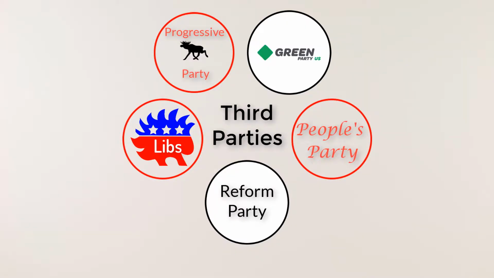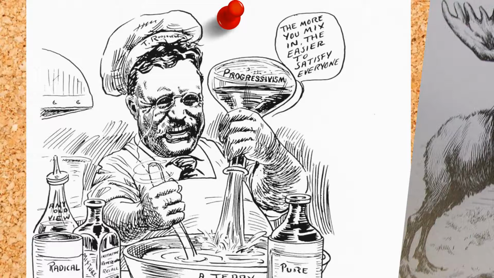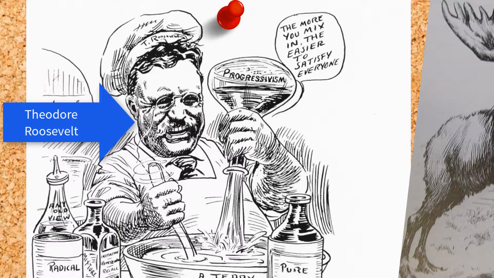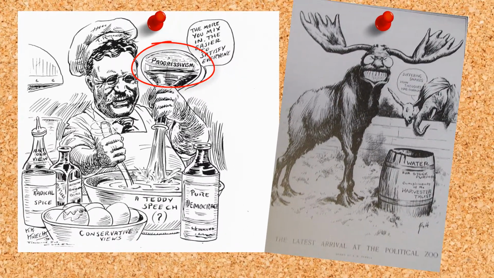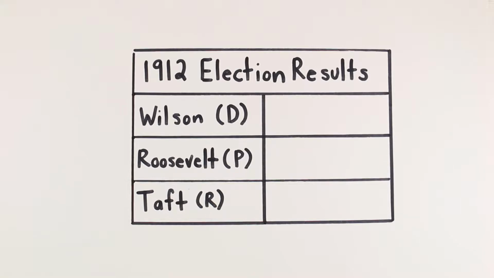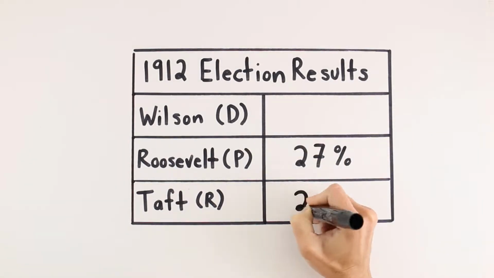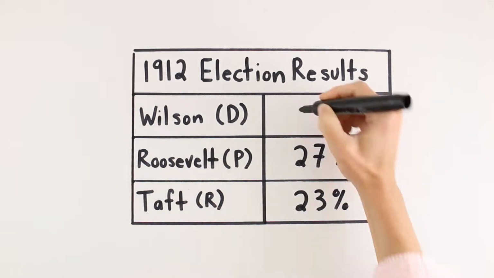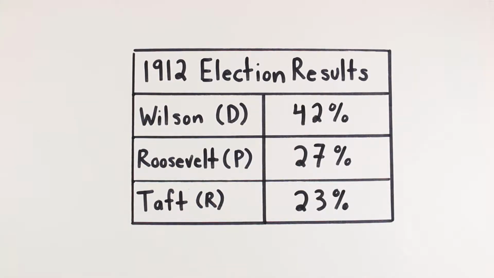While no third party has ever won the presidency, some third parties have affected the outcome of presidential elections. In 1912, former President Theodore Roosevelt split from the Republican Party and formed his own party, called the Progressive Party, sometimes known as the Bull Moose Party. When he left, Roosevelt took many members of the Republican Party with him. With the Republican Party's votes now split in half between Theodore Roosevelt and the Republican Party candidate, William Howard Taft, they both lost the election to the Democratic nominee, Woodrow Wilson.